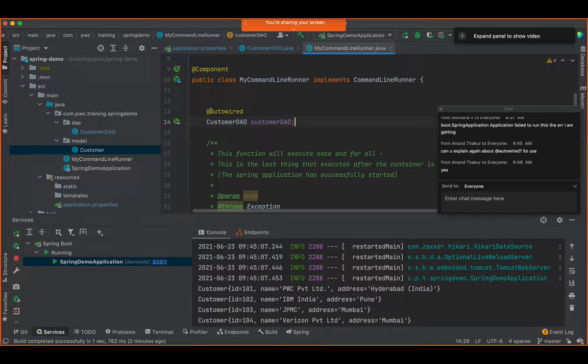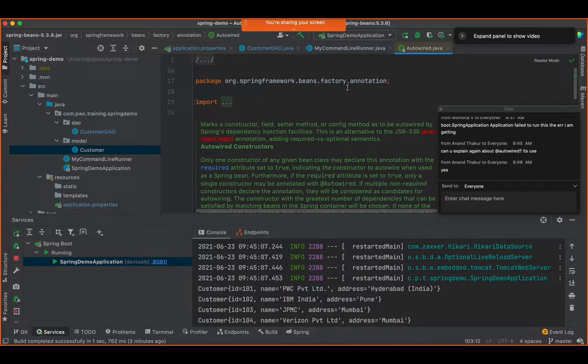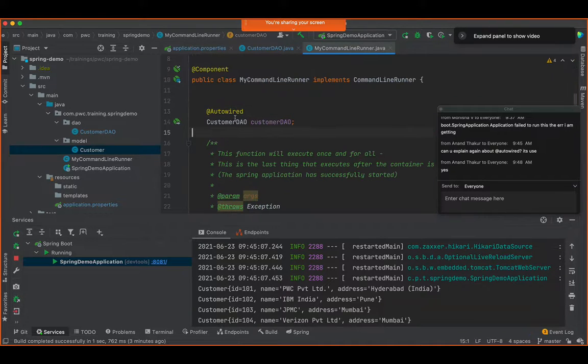So you see, this @Autowired is an annotation that we use from Spring Framework. It is provided by Spring Framework, in org.springframework.beans. When I do autowire on top of any field, it will automatically inject the dependency of that particular class.